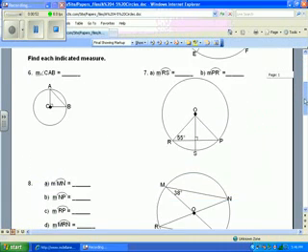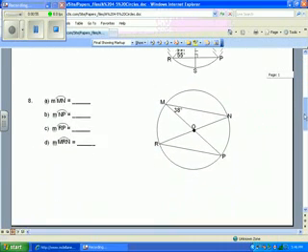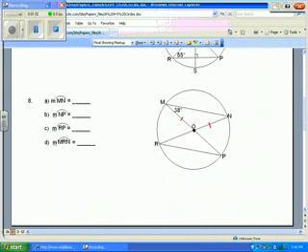Okay, in the next section, I think the most common question I got here was with number 8. Since these radii are the same and this angle is 38, we know that we've got 104 going on here. So be careful, because when it asks for NP, that is the central angle associated with this. So NP's central angle is going to be